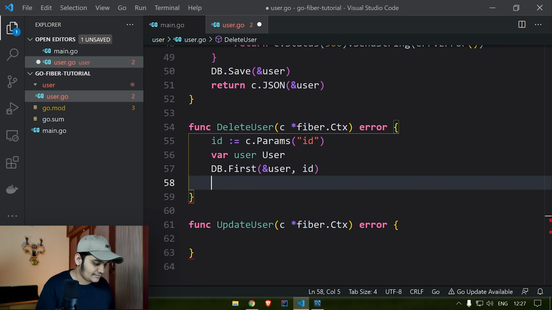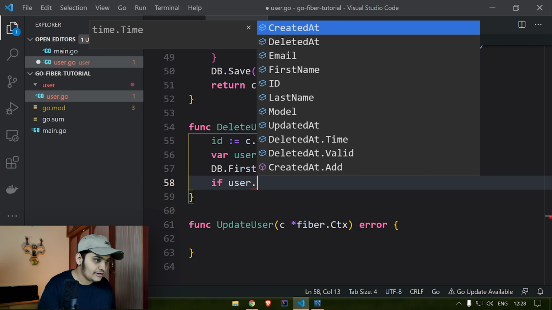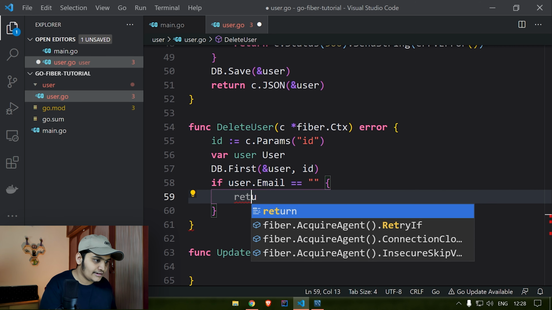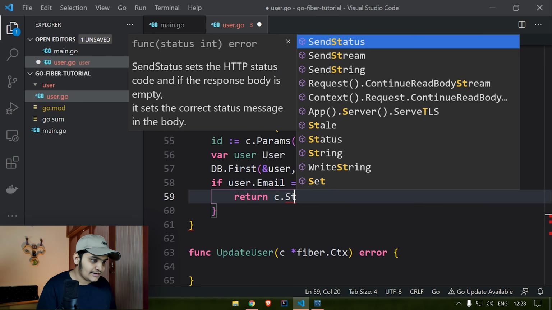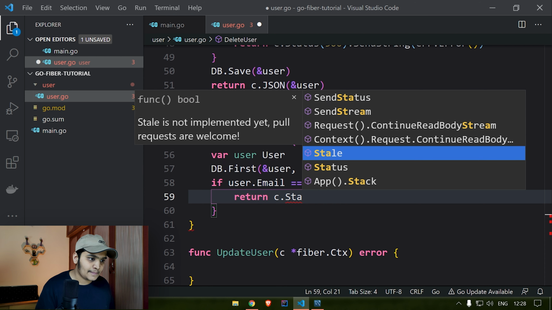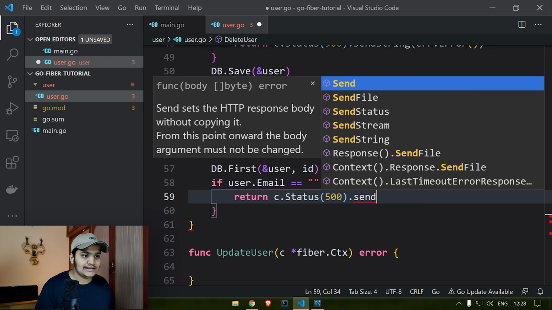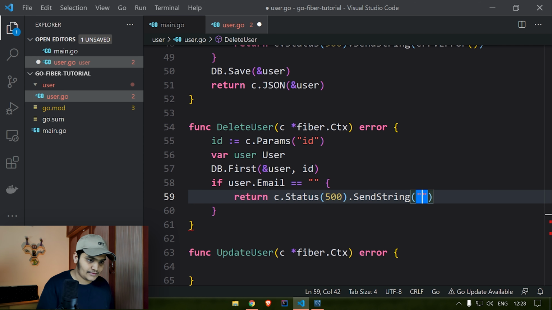So I'll just say if user.email equal to blank over here, then I'll say return c.status 500.sendString user not available.